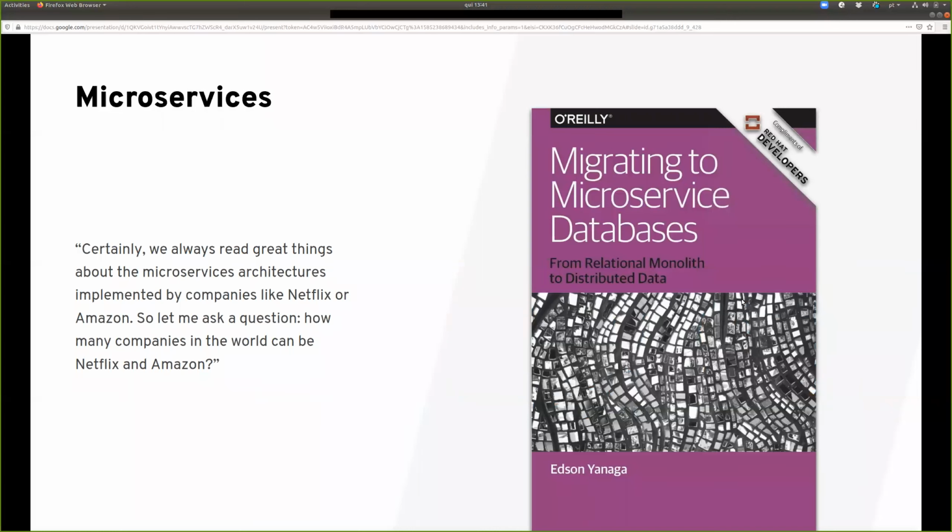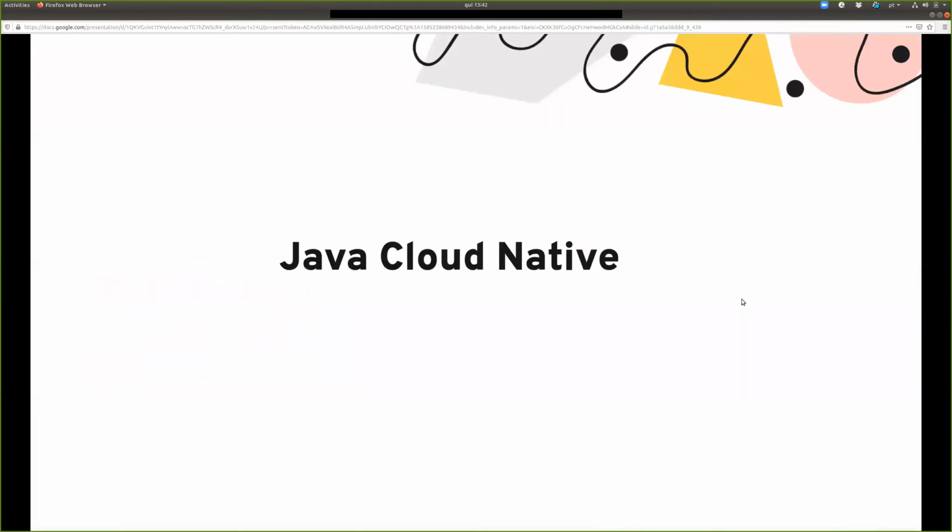I did not mention microservices, but there is an amazing book from Edson Yanaga, a friend of mine. So don't worry too much about microservices right now, because sometimes you don't need to use microservices. In software development, there are no silver bullets. And yes, sometimes you don't need to use microservices just because a lot of people decided to use them. Okay? And move on to the next